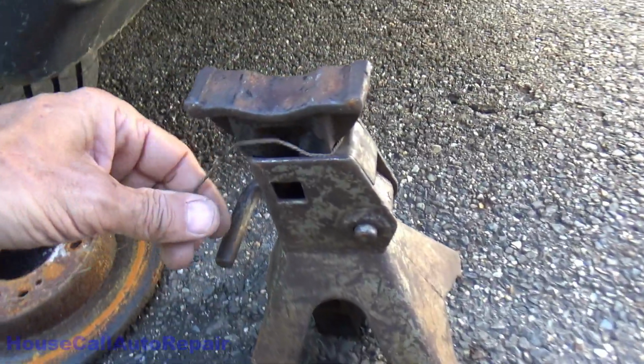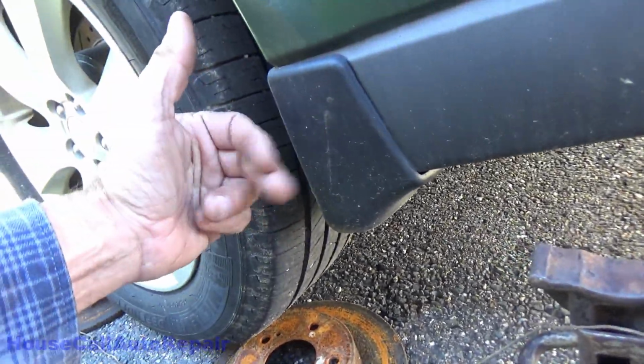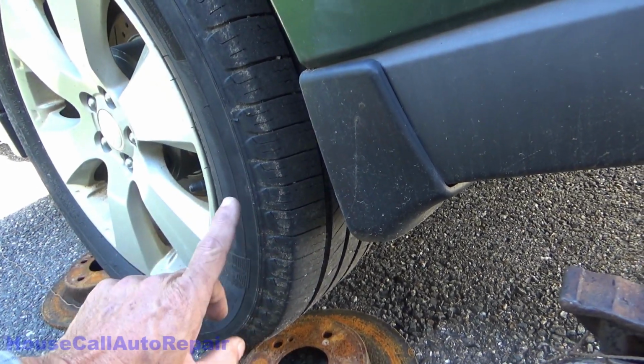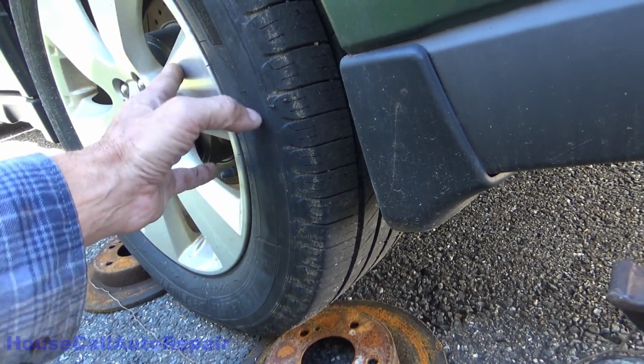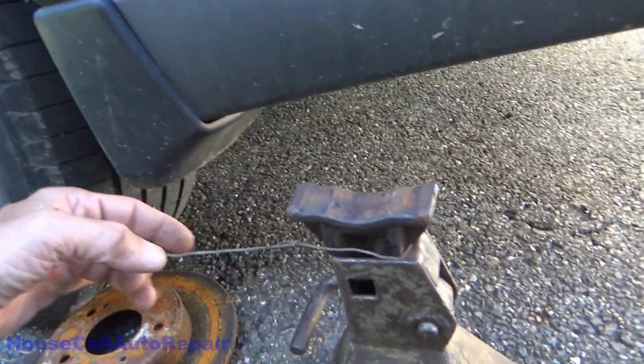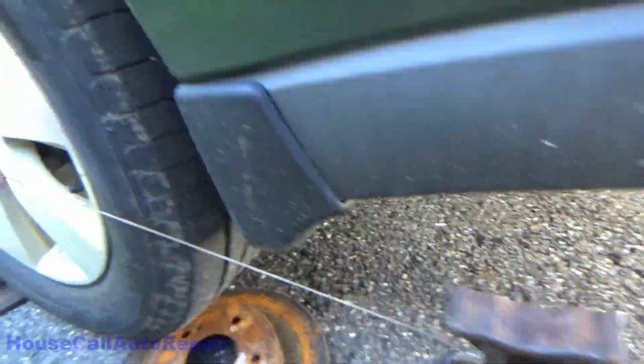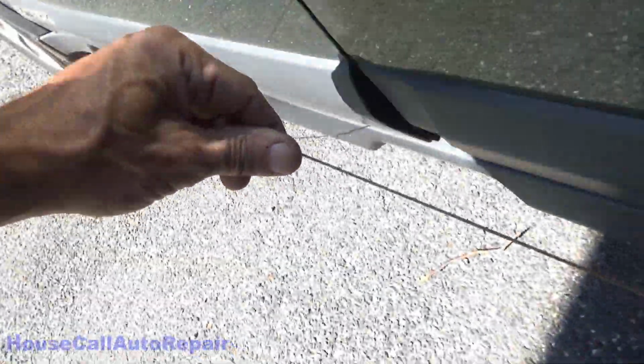You take the string, tie it off just below the axle point so you're not hitting trim on the car. You want to go sidewall to sidewall. The rim is more accurate, but sidewall we're going to trust that these tires are straight. So you got string around the jack stand so that it's up against the tire, and then we basically just